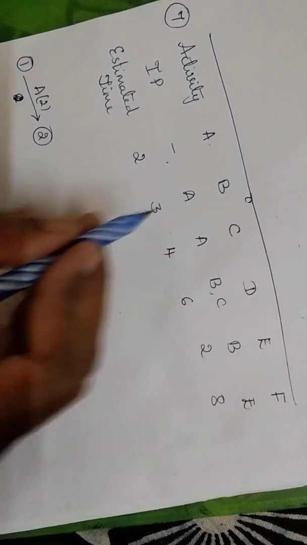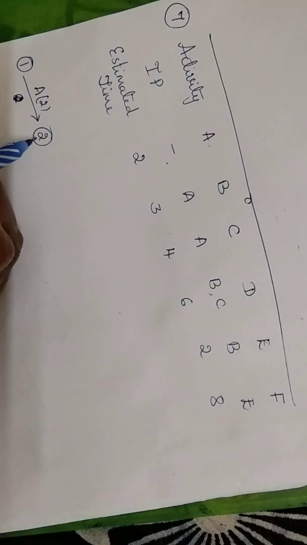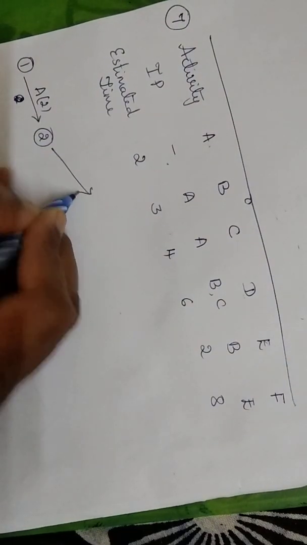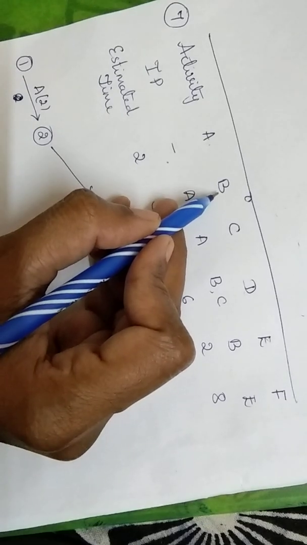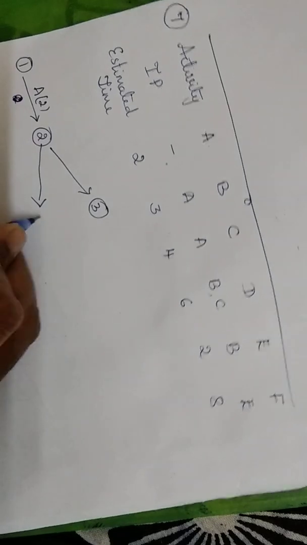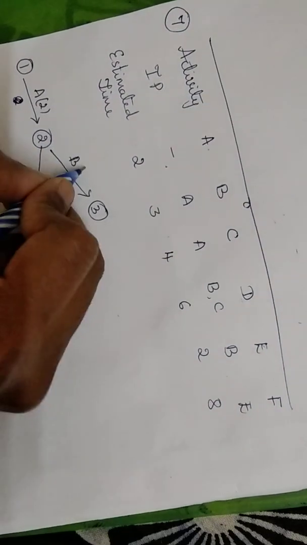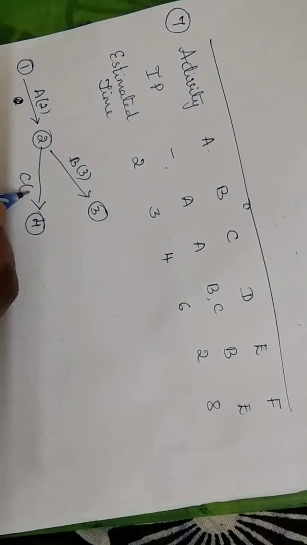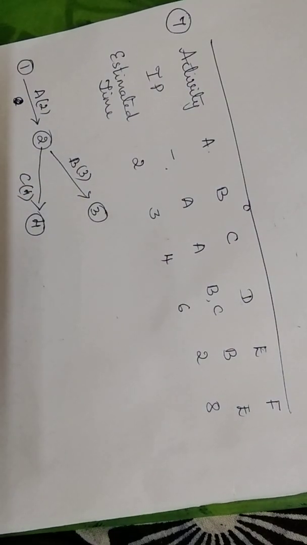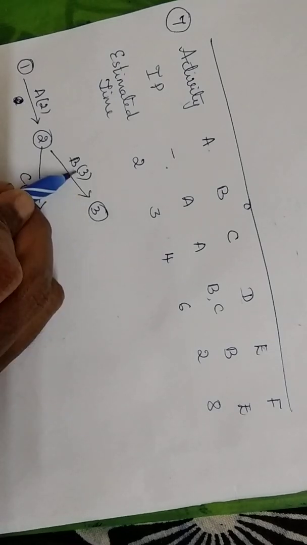So no immediate predecessor sends the information that this is a starting point. For me to start with B and C, I should have A completed. So it will be 3 and 4. For B the time involved is 3 and for C it is 4. Now for D activity, I should complete both B and C. So here I cannot start from here, as that would mean the immediate predecessor is only B.